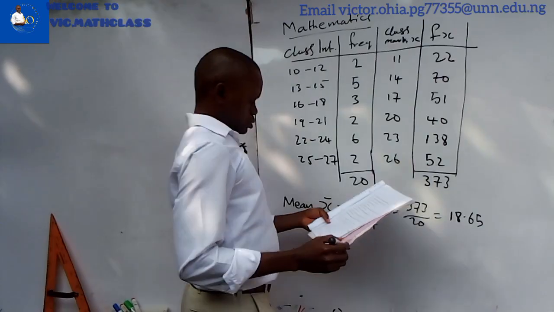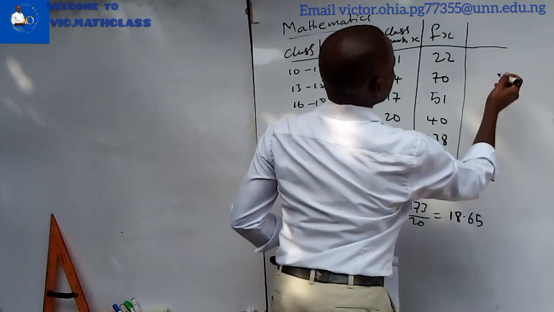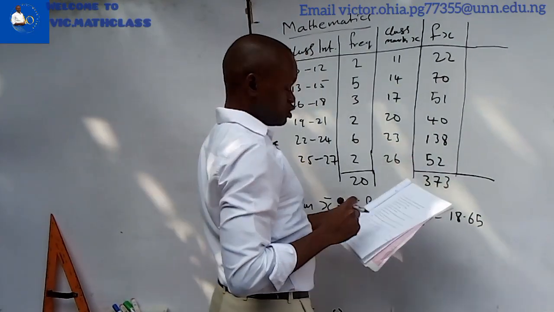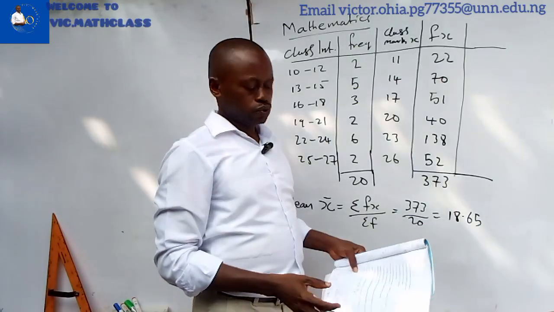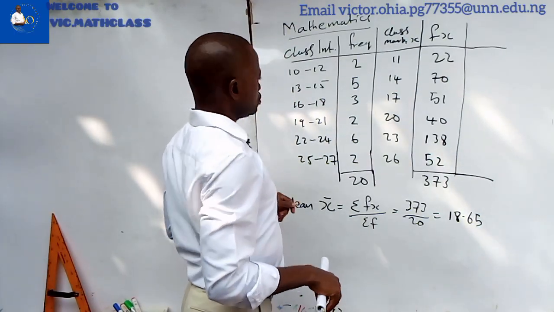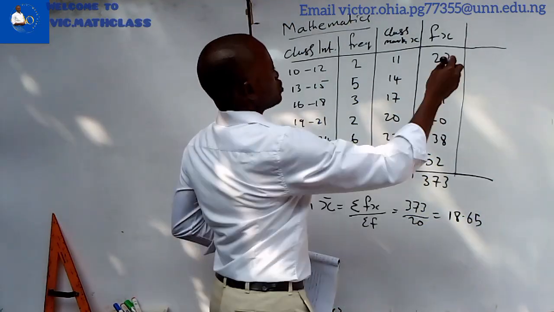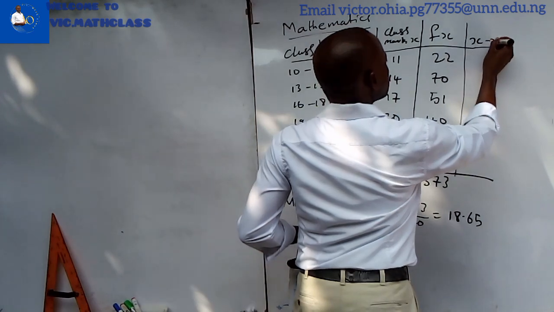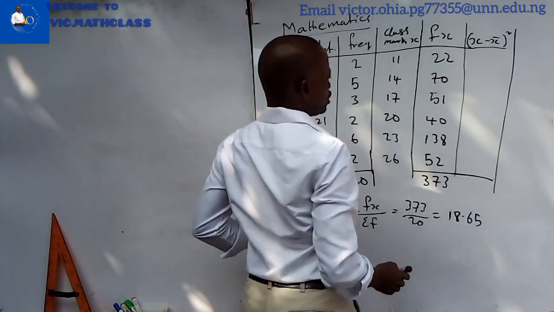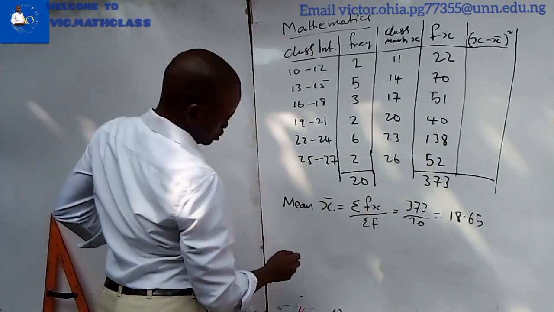18.65. So with this now, we will extend what we have to calculation of the variance, which they ask us to calculate. The expression for calculating the variance: the first thing you will do is to calculate x minus x bar all squared. Calculate that expression, because the variance